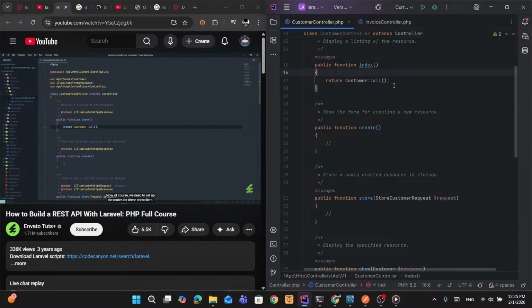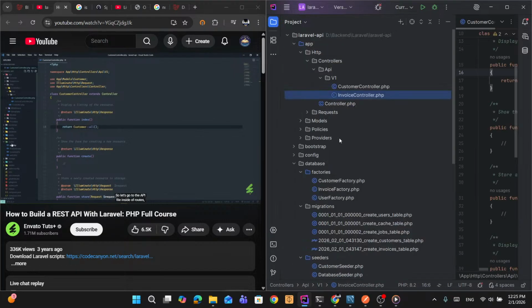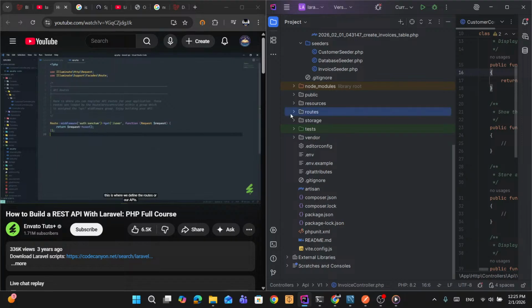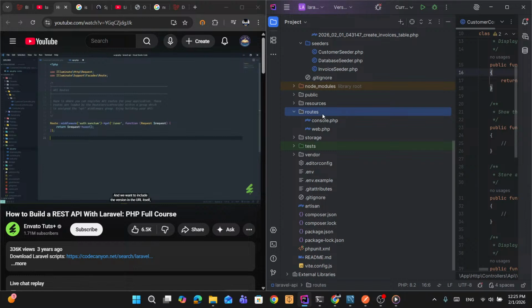Now, of course, we need to set up the routes for these controllers. So let's go to the API file inside of routes. This is where we define the routes for our APIs. And we want to include the version in the URL itself, because every